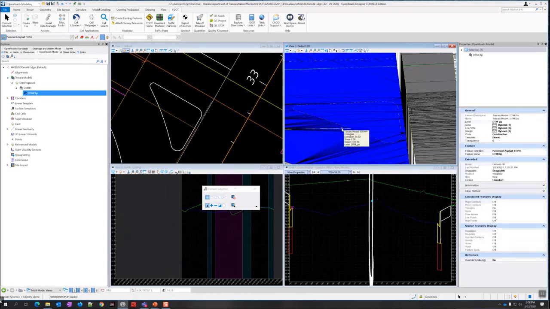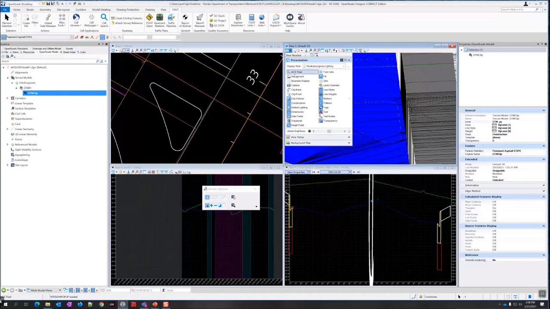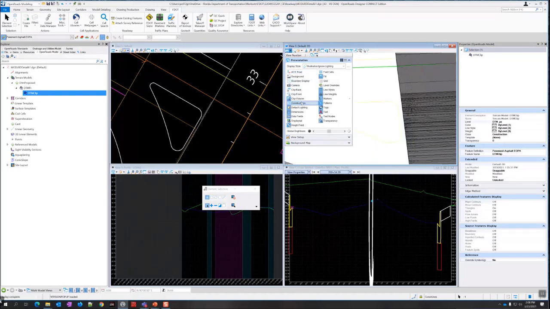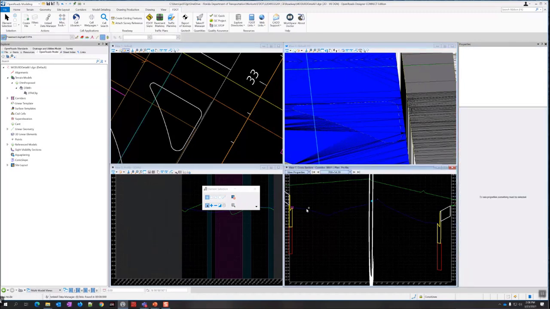So now we need to create a surface template. This is only a construction element. This terrain is basically our top surface. If I turn that off, it has no depth to it, and you can see in the 3D view, the cross-section view here, there's not actually any depth. So if I want to have pavement across here, I have to do a surface template.